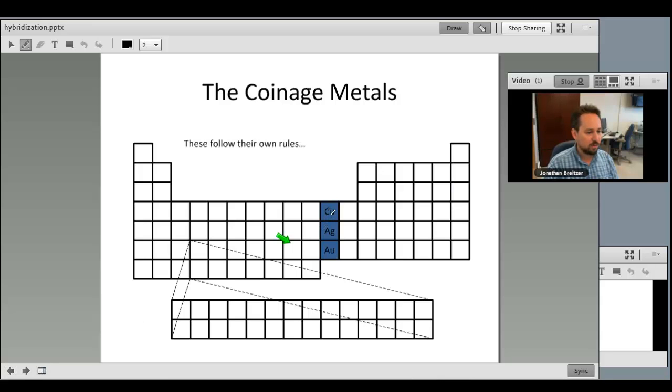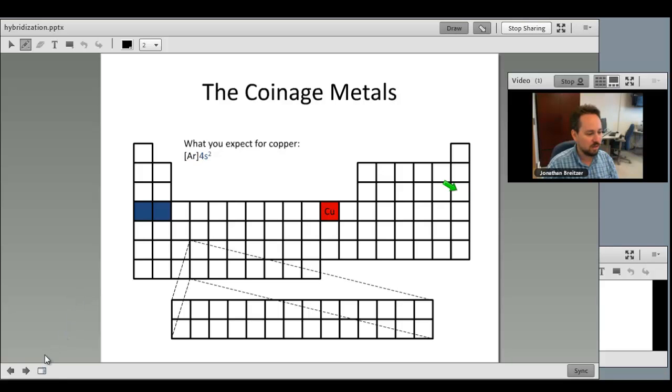Let's go with copper to give you an example. The coinage metals, copper, silver, and gold, do not follow the rules you would expect. Let's start with what you would expect them to be. Let's go for copper. This is what you would expect for copper. Go up, and then go all the way to the right, and you'll find your noble gas, argon. So starting from argon,